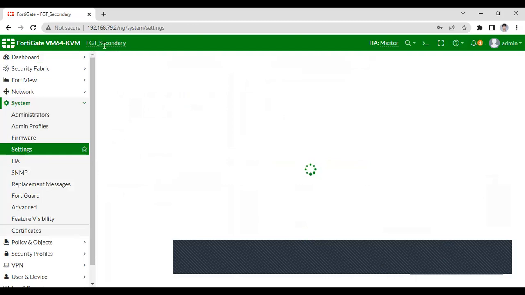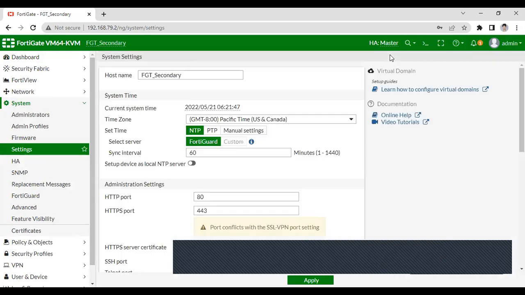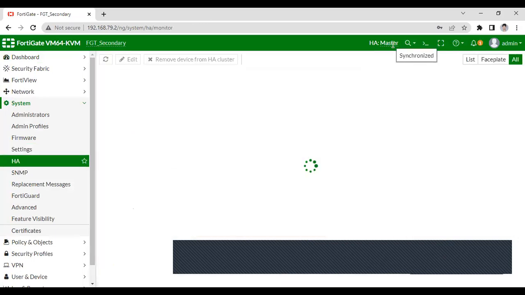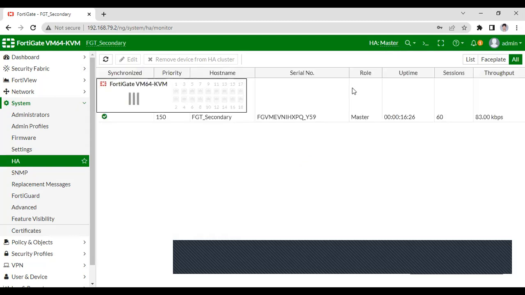As you can see, the secondary firewall is up, right? It is the master because the primary firewall is down. As you can see, it is also showing synchronized. All the configuration has been synchronized.